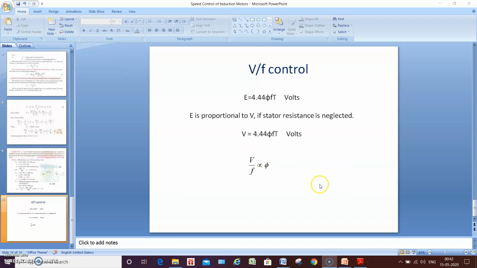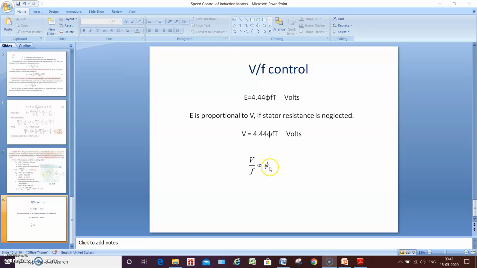If the flux decreases, the torque being directly proportional to the flux, the torque developed by the motor will also decrease, and hence the motor's steady state operating condition will be disturbed. So that should not happen. The torque capability of the motor getting decreased is the drawback of decreasing the flux of the motor. So what you can understand from this discussion is that you are supposed to keep the flux of the motor at the rated value to get better performance of the motor drive. If we decrease the flux, the torque capability of the motor will decrease.